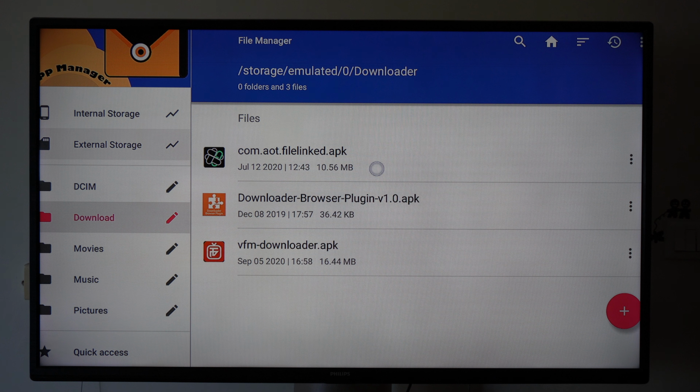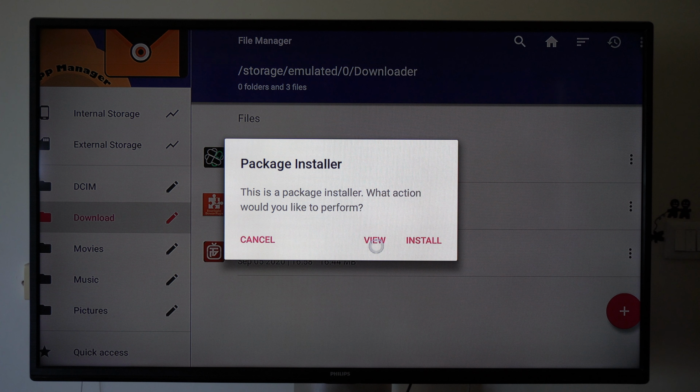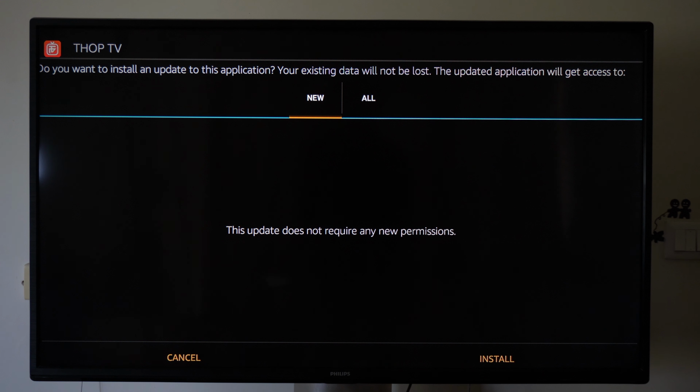So now once again I will turn on my mouse toggle and I will click on the .apk file, and I will get a package installer notification asking whether I want to install this application or not. So I'll click on install, and then I can install this application as usual.